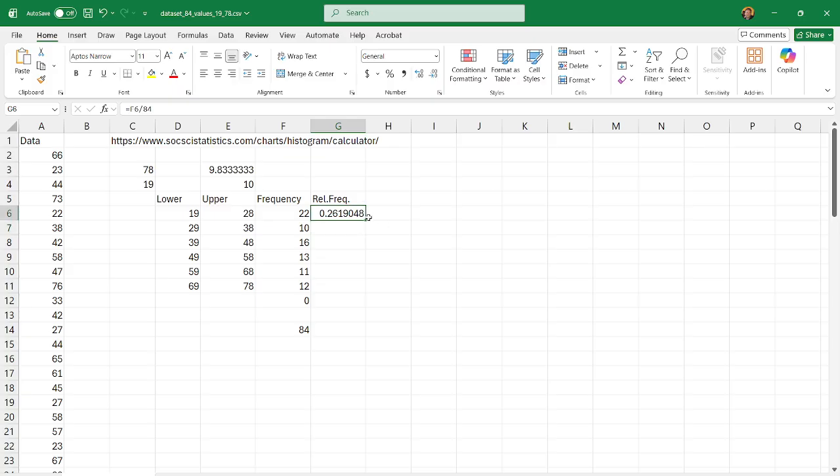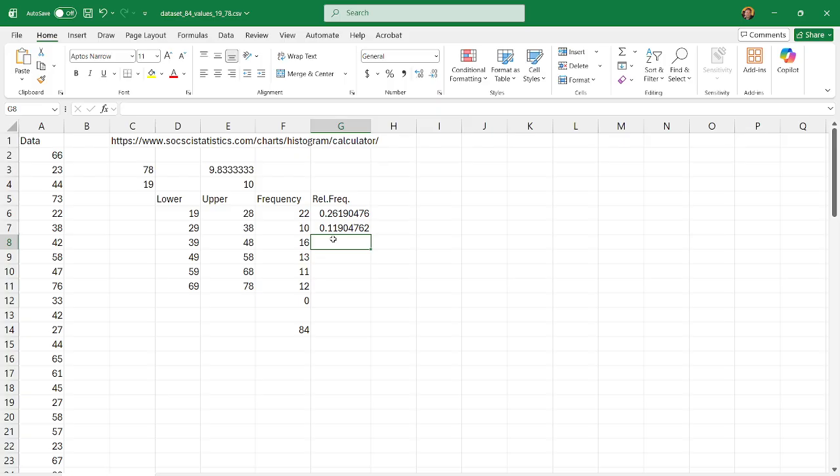All right, now I can just drag this down, because if I drag it down 1, now it selects the 10, divides it by 84. Okay. All right, so I'm just going to drag that all the way down, and now this gives me the relative frequency for each one of these